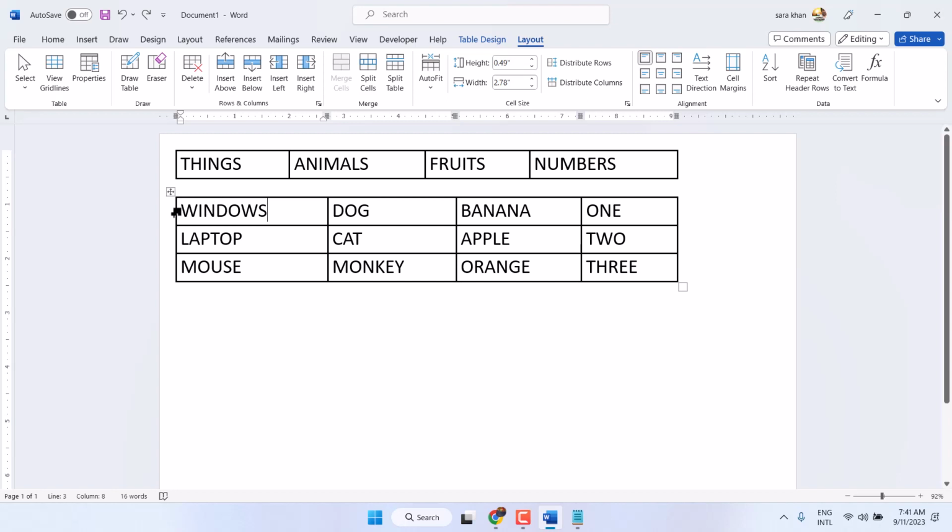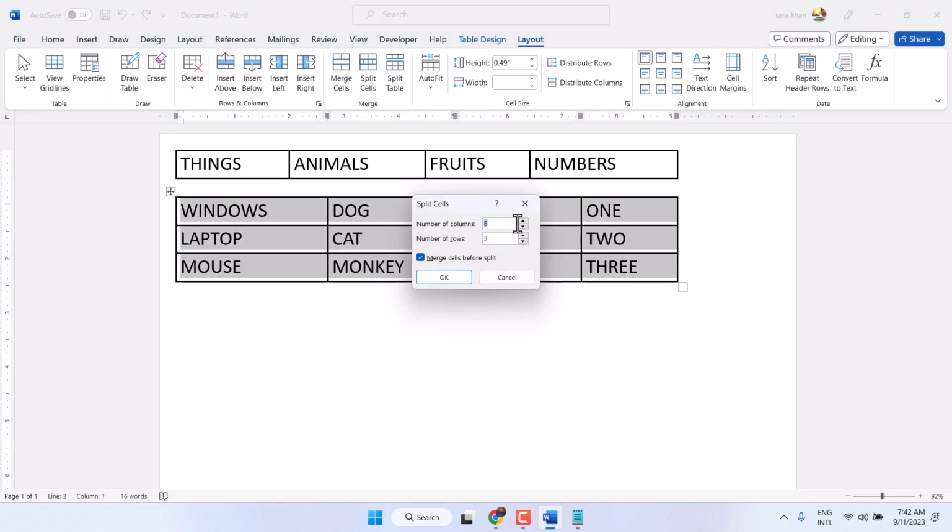So in just one click you can split this all, select all and split cells and click on OK